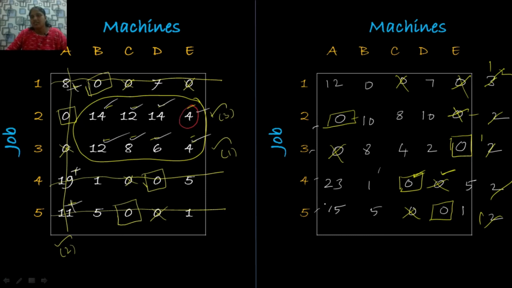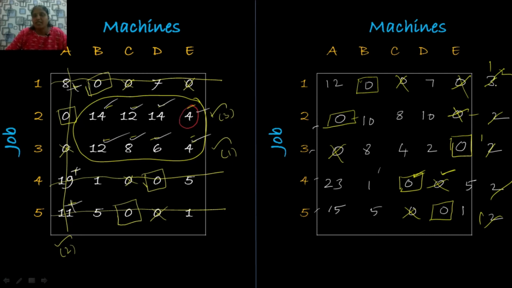So it doesn't have any 0 elements. Now let's come to the first row. We have only one possibility, so we make an assignment at this position. After making the assignment, check whether it has any 0 elements in the same row and column. It doesn't have any 0 elements, so making assignments is over.